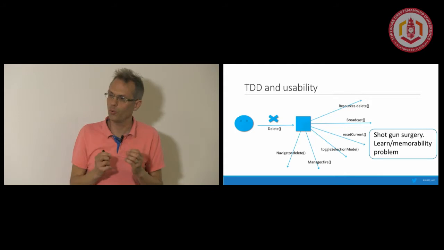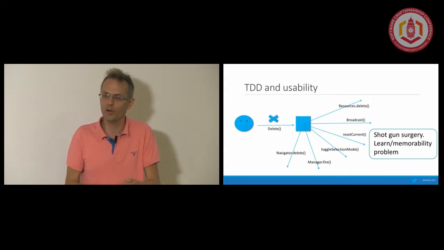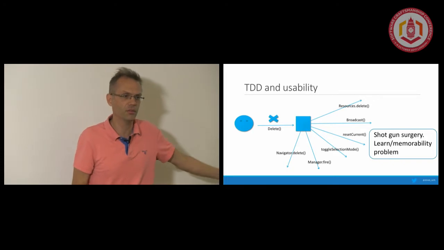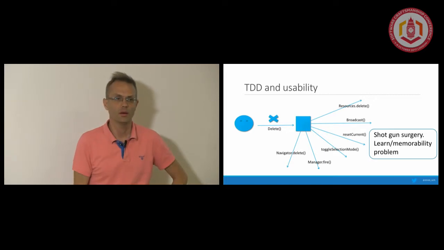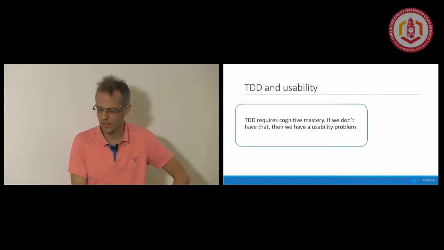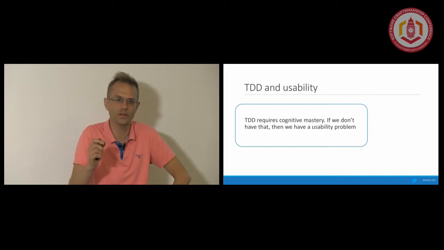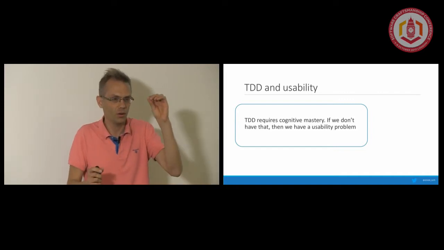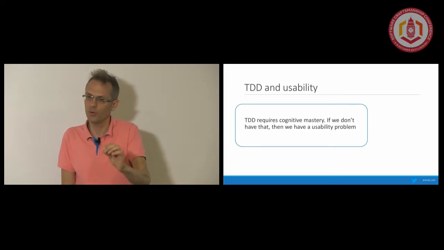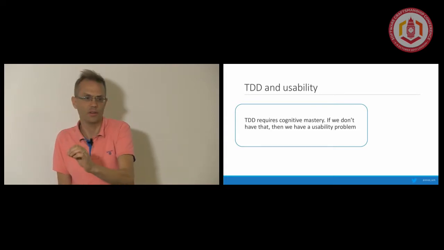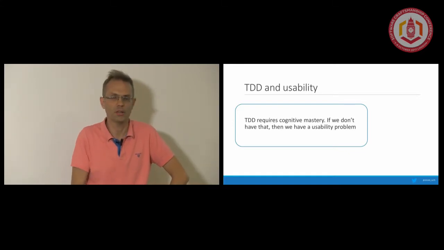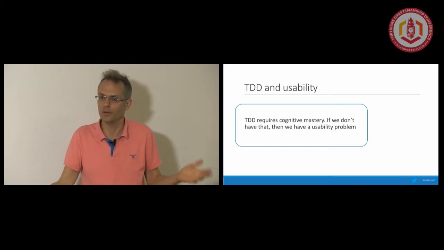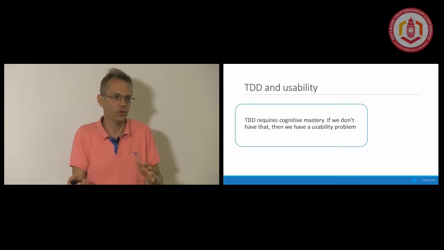And there's no central point which controls this. And so we have learnability and memorability problems, because in 2 months when I come back to this, I'm not going to remember which ones to call when I'm going to do a second delete action on something else, you know. So there's a clear link here: when you do TDD, you have to know what is the representative state at the beginning, then which method to call, and then what is the end result, what is everything that's going to change. And when you don't have that, you have a learnability, usability, and memorability problem, which is far more important, to some people, than whether you can do TDD or not in that project.